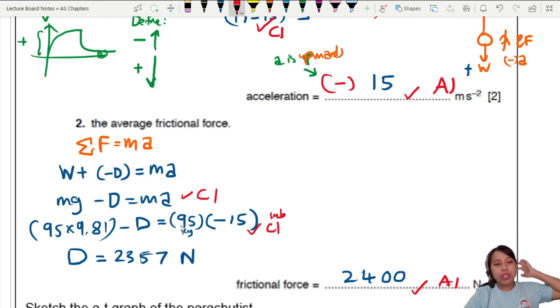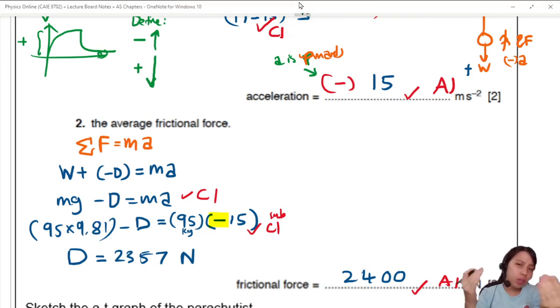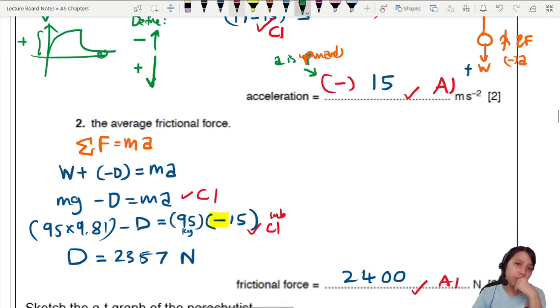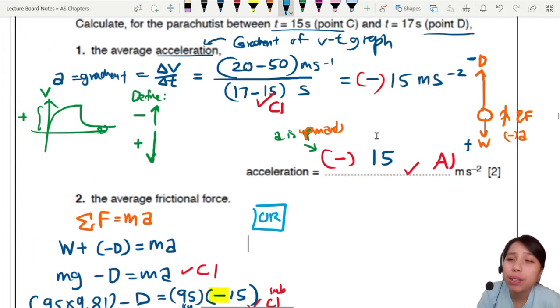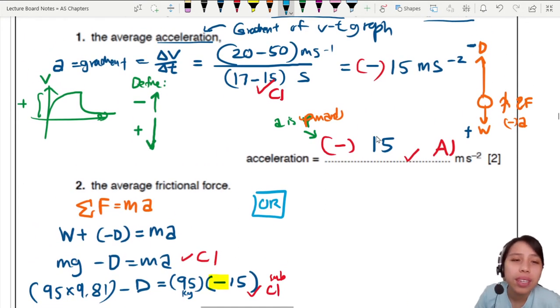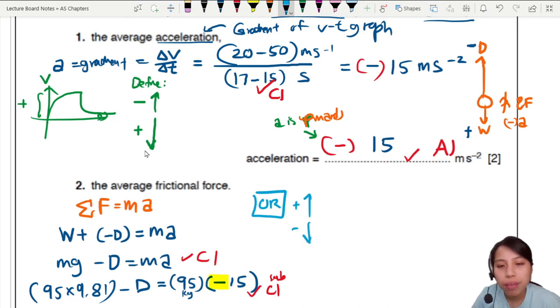So here the danger is the negative sign. If we didn't include the negative sign, we might get some other wrong value. And you say, Miss, what if I didn't include a negative sign? My system is different. Can I still do this question? Yes, you can. So let's choose a different system from the current one. Currently it was negative up, positive down, right? Okay, so if I say up is positive, down is negative,